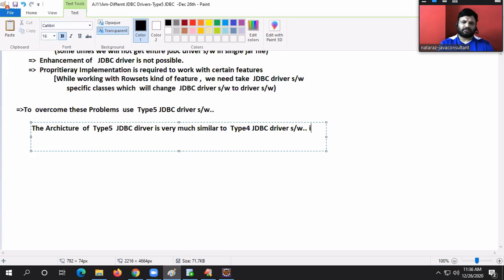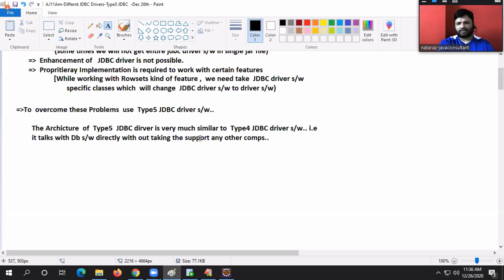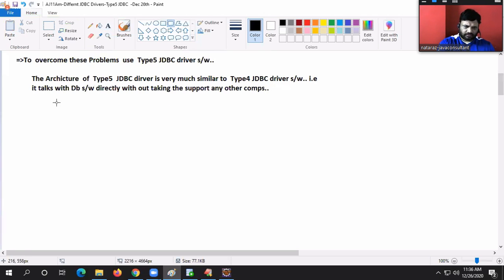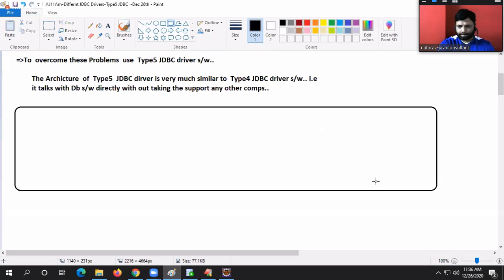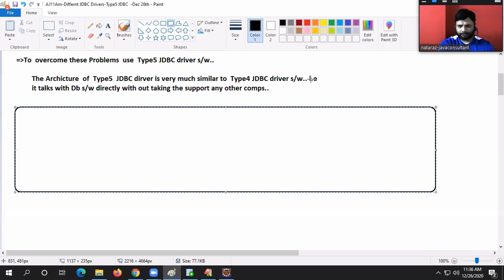That means it talks with the database software directly, without taking the support of any other components.